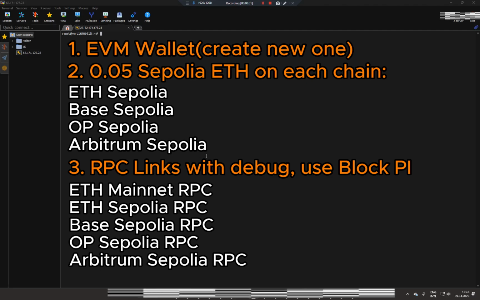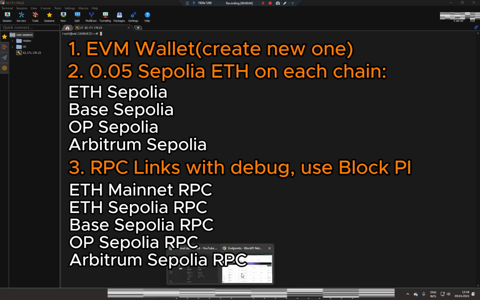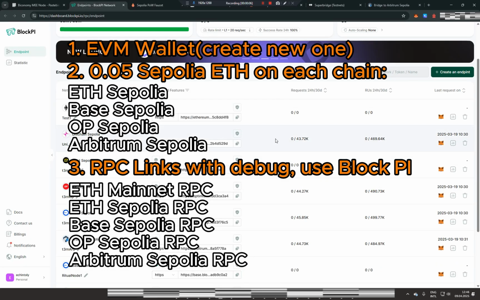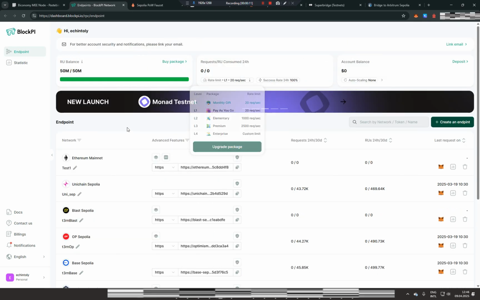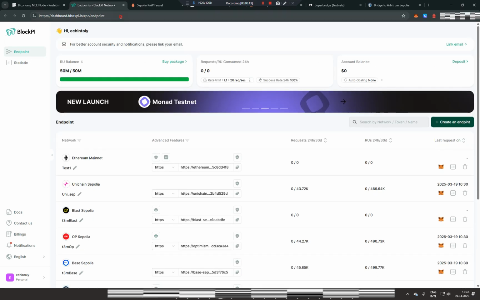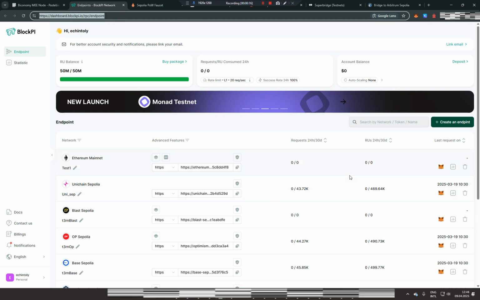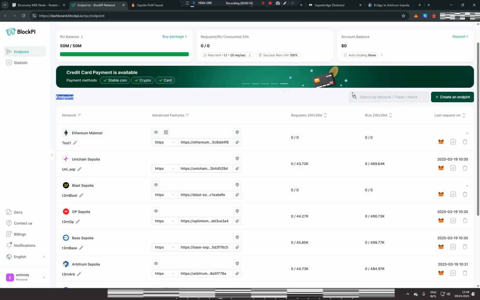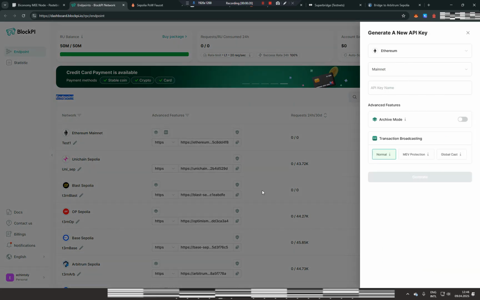Then you will need RPC links for every chain you choose to run on your node. So we have 4 testnet chains, and Ethereum mainnet RPC also required. Your RPC should support debugging, so you can use any paid RPC, for example Alchemy or Infura, or you can use free BlockPi RPC. You should go to BlockPi dashboard, register your account, then you're clicking create an endpoint, picking